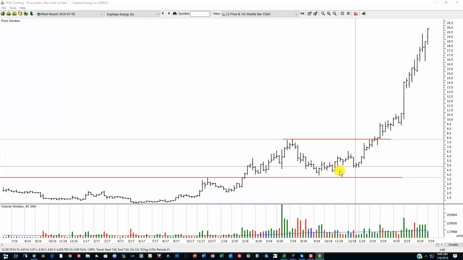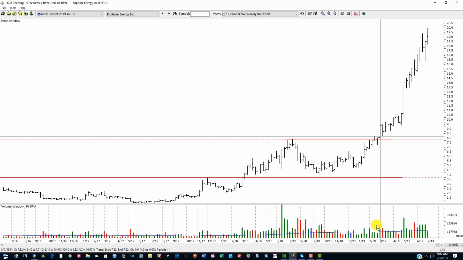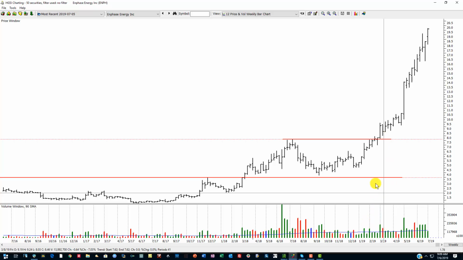And then a series of higher lows and higher highs started forming, and we can see that it moved up here, and when it got to this resistance point where this horizontal line was drawn, it blew through there with some strong bars, and volume was increasing. And from there, the stock took off primarily with strong